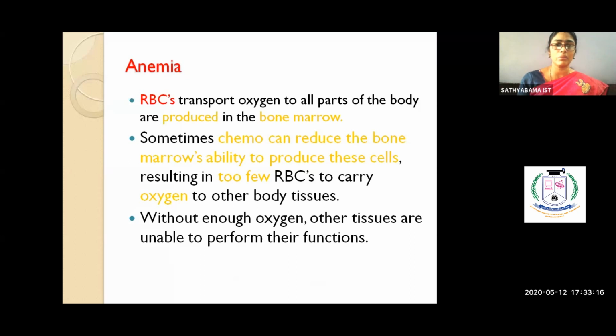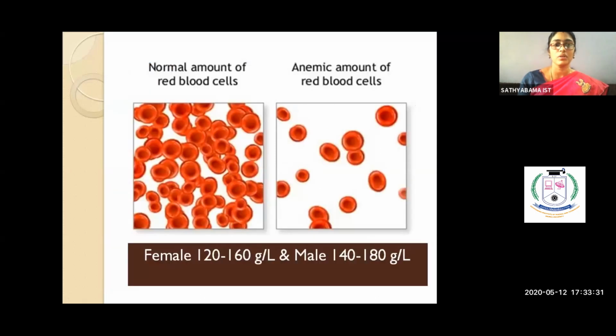So it's anemia, right? What happens is that obviously the red blood cells start reducing, right? As we all know, they are produced from the bone marrow. So if somebody's got a blood cancer, right? The treatment is done with the bone marrow. So that will be a problem. So there will be a reduction. As you can see, for a chemo patient, the amount of red blood cells will be comparatively lesser.